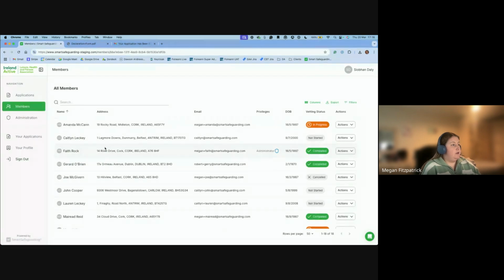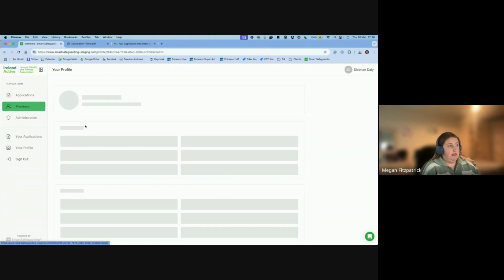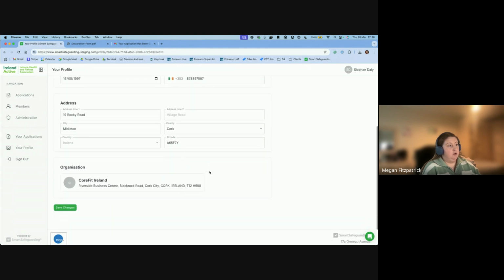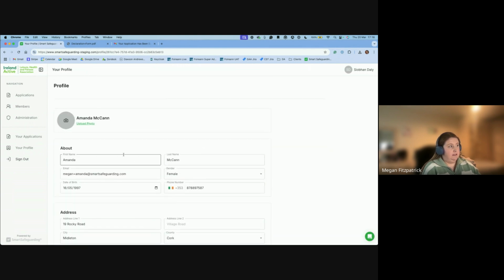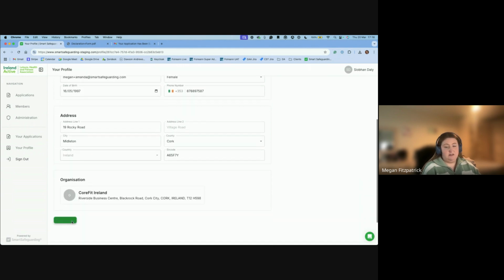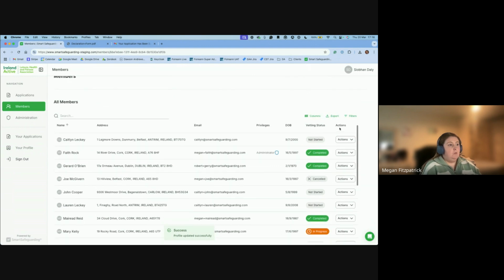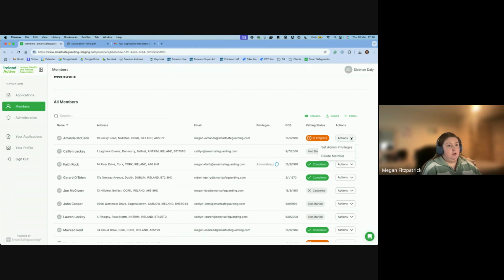So one of the other things you can do within the member section here is you can click into each member and you can see their details. You can also edit their details if you need to. Obviously, first, please do get their consent before you make any changes. What you'll also be able to do is delete a member. So if someone is no longer working in the facility, you can delete them from your